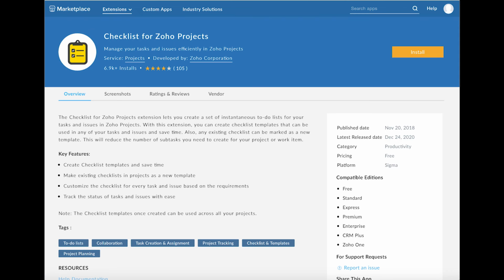We know that extensions can be built in order to either enhance the existing functionality of a Zoho product or establish a connection with other applications in order to perform some operations like retrieval or insertion of data from one application to another. This Checklist for Zoho Projects extension is built with the intention to enhance the existing Zoho product, which is Zoho Projects.